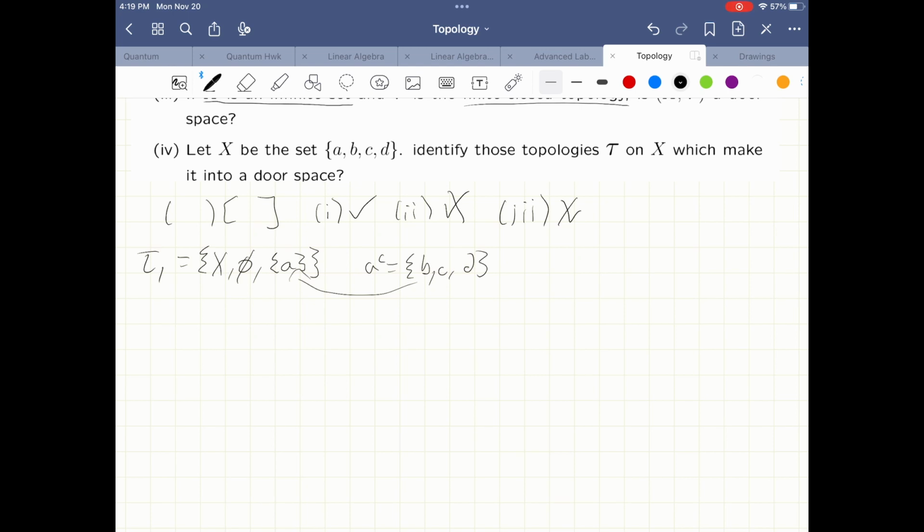Yes, no. So this topology would be included in the door space, because the complement of A is this set, which is a subset of X, which is closed in this topology because it's not included in the topology. And now, if we want to think, this works for any element that we have in this topology. So it works for B, it works for C,